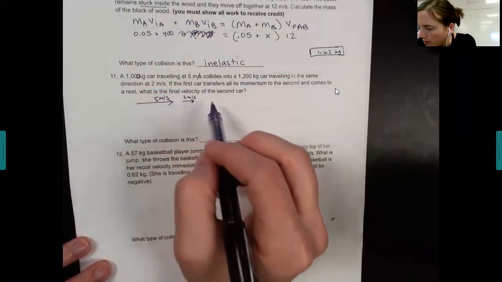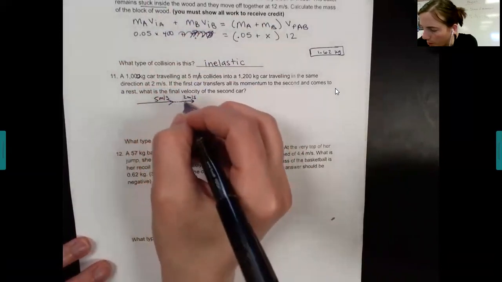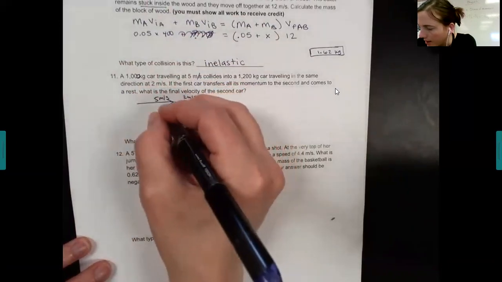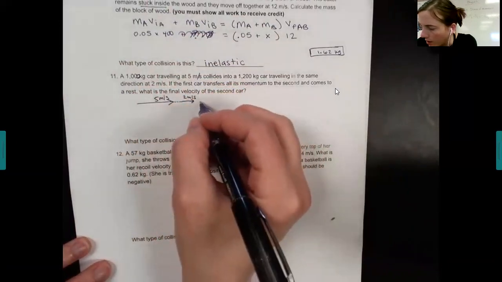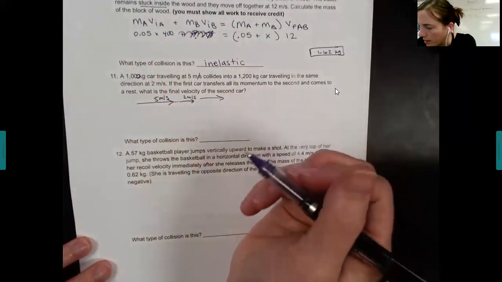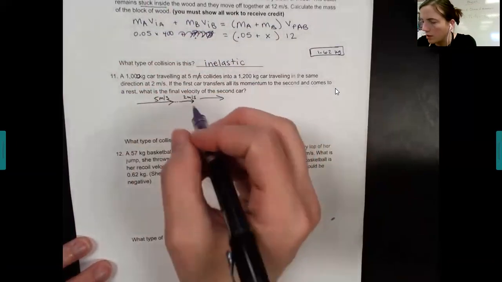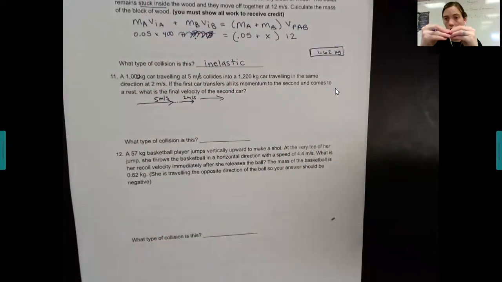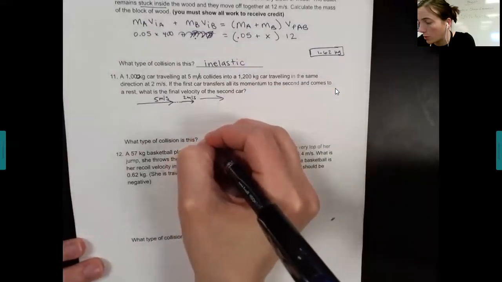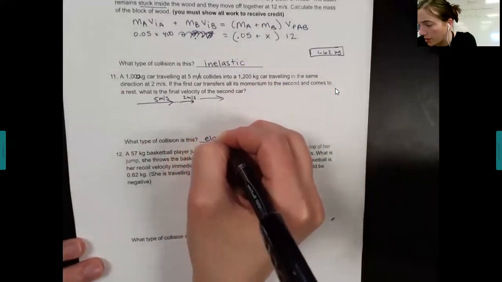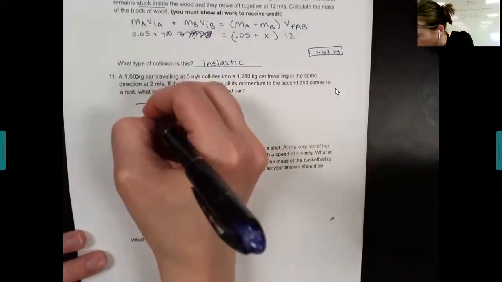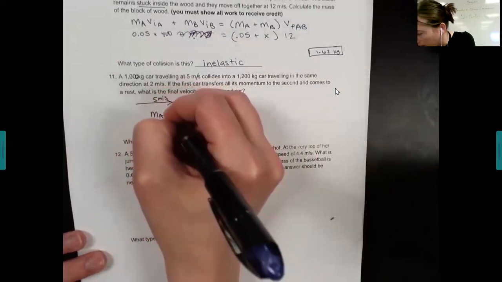Let's see, so this car is going to bump into the second car. Okay, and when it does that, this car stops and the second car continues going. Okay, so they're hitting and then going different speeds. Okay, so of the three types of collisions, this one should be elastic, and the elastic is mass of object